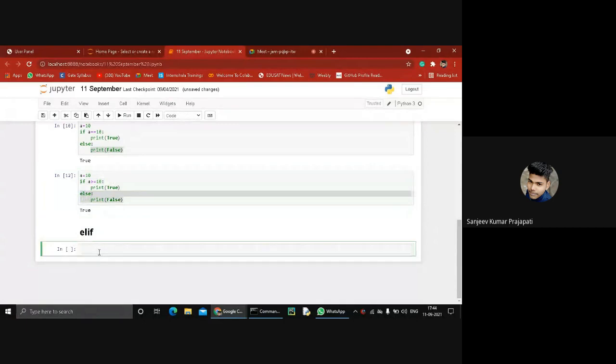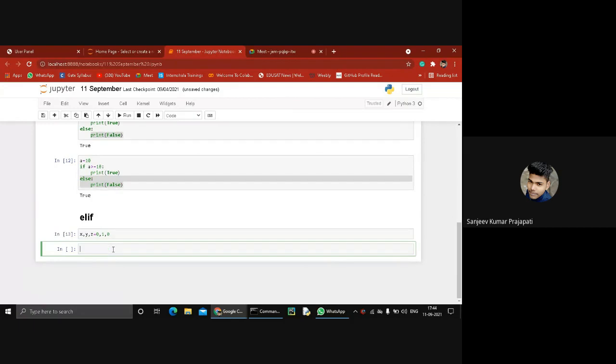For example, x, y, z equal to 0, 1, and 0. So 0 means false, and 1 means true. Then I perform if, else if, as well as else operations. If x, print true.